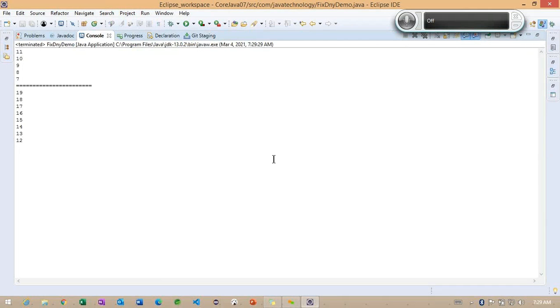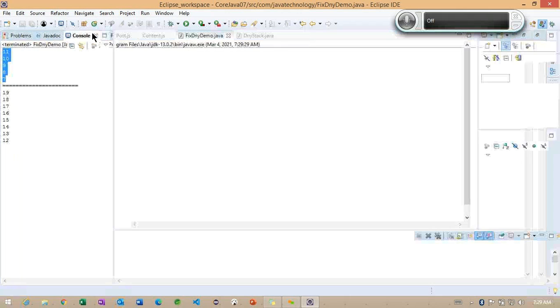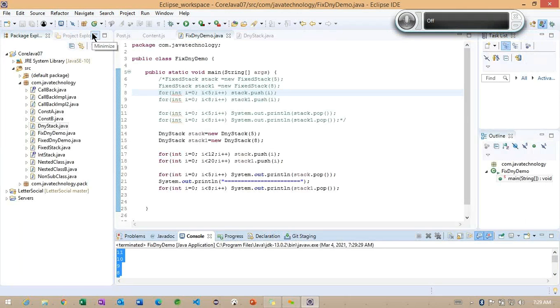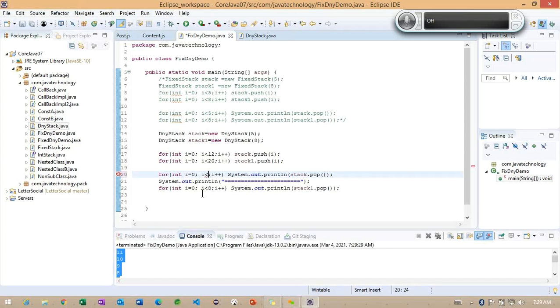Observe here. The first one, what are we doing here, 7, 8, 9, 10, 11. What happened to the earlier values here? Okay. So if you observe carefully, we need to use 12 and we need to use 20.